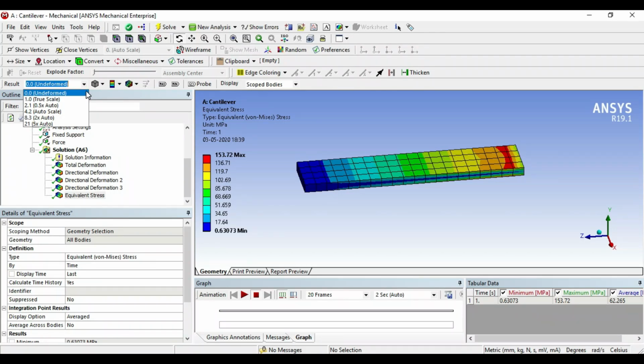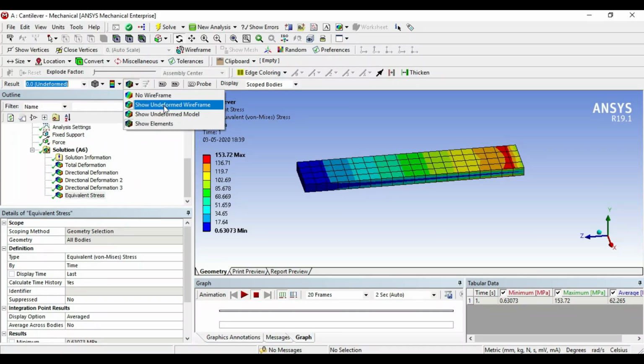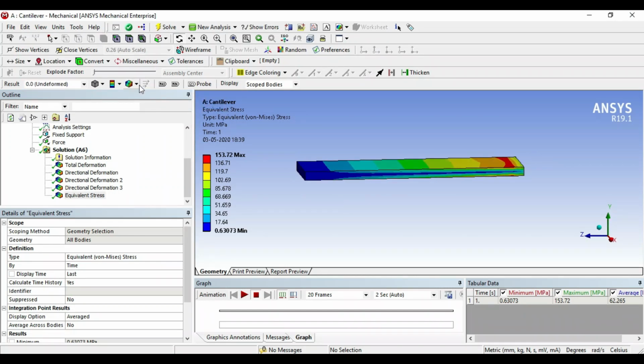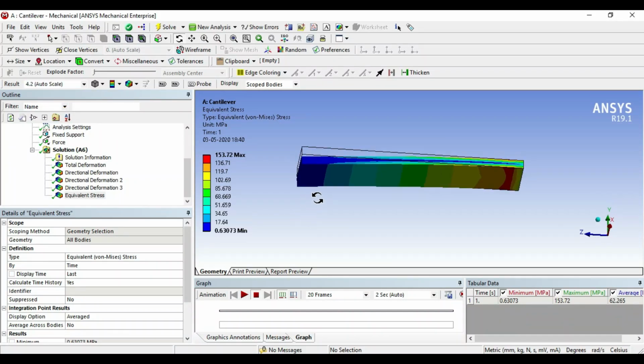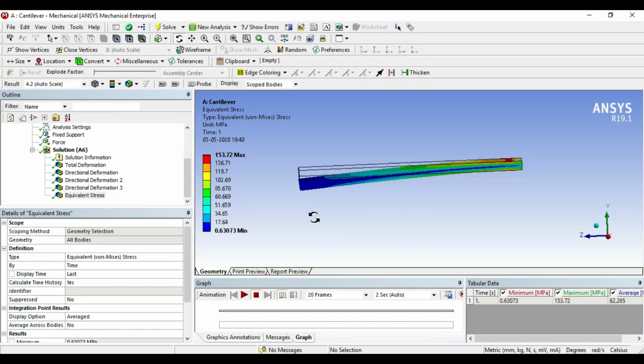So these are the results. Here different options are available. If you want to see the undeformed wireframe, click on this. Change the scale to 4.1. So here the wireframe is showing your undeformed shape, and the other one is your deformed shape.